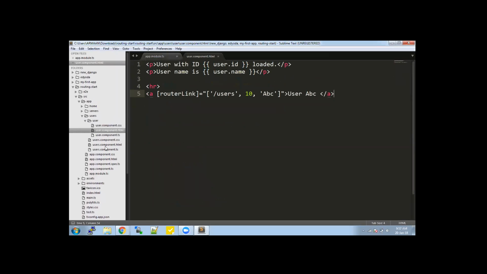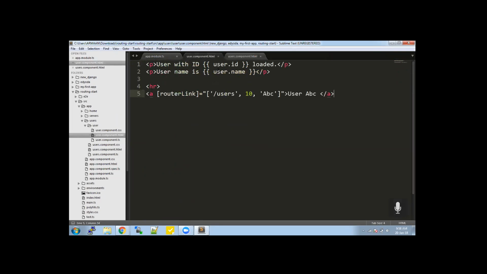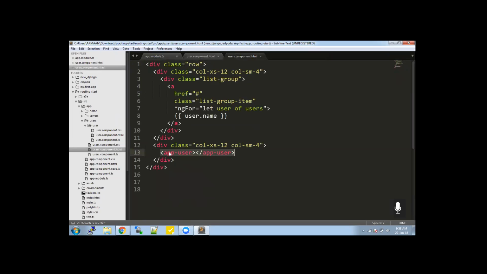Go to users.component.html. Here we had app user before, right? So whatever we write in user.component.html comes here. Instead of app user, you just comment this, and instead of this, you have to add router